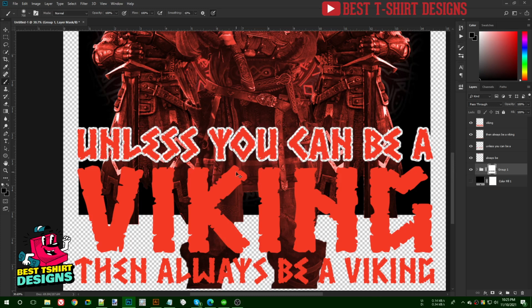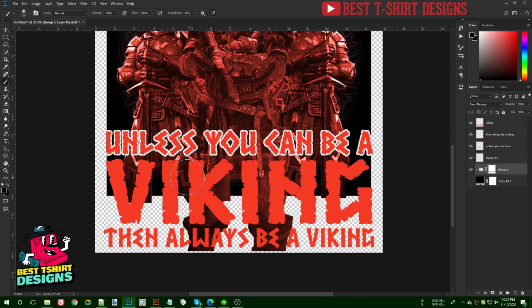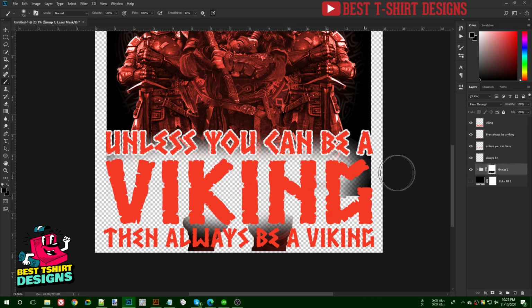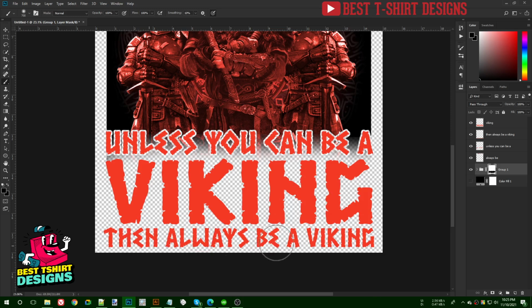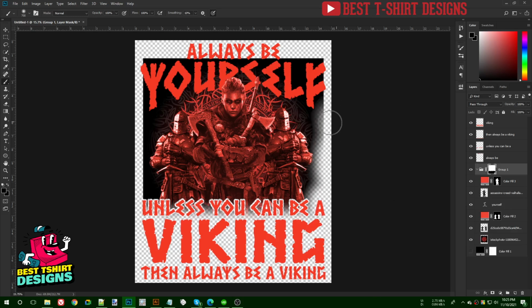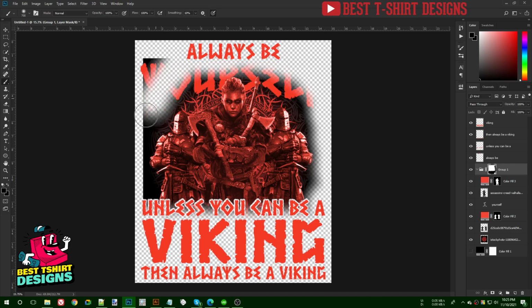Now I'm pressing Ctrl D for deselection, and then I don't need this part of the graphics of the text, of the main graphics, sorry. So I'm going to paint them with my brush tool here inside, and that is going to hide those areas, if you can see here. And of course you can see there is a black background of that original black shape we pasted, this background, so we can remove some part of that too, just to make it more transparent, not with a black background. So this is how it is looking. Don't worry about what it is.